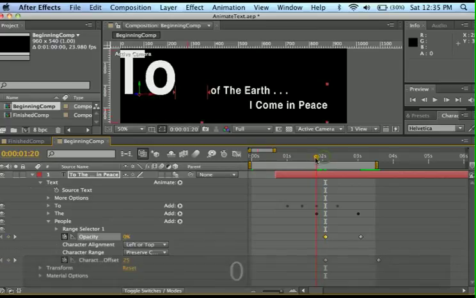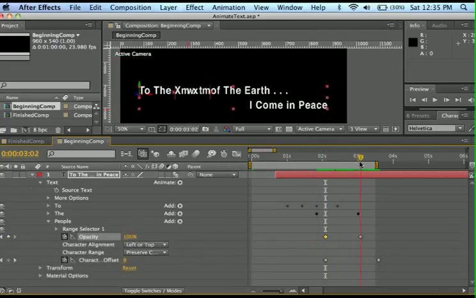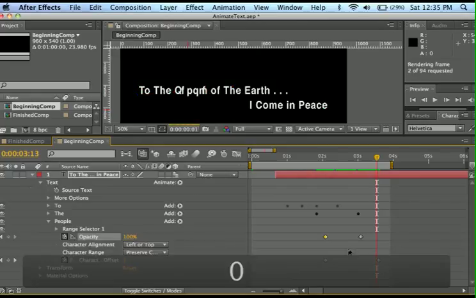Now when the word "the" sets in position, look at how it's just about to the right place, and boom. And now if I went in real time, that would have a good feeling. Of course, I would time it to where the person was saying "to the people." So that's all dependent on where I move these keyframes. I didn't record "to the people of the earth. I come in peace." But I'll add that to the